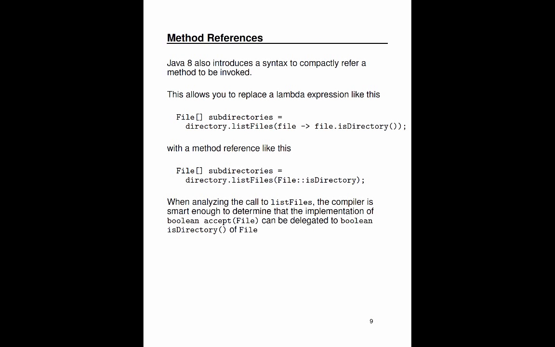Now, Java 8 also introduced a new syntax to refer to a method to be invoked. In functional programming, one of the things that you do in your programs is you pass around methods to be invoked. We saw the Lambda expression, which is kind of like a method to be invoked, when you have an anonymous method. If you have a method that has a name that you want to refer to, you can use this new